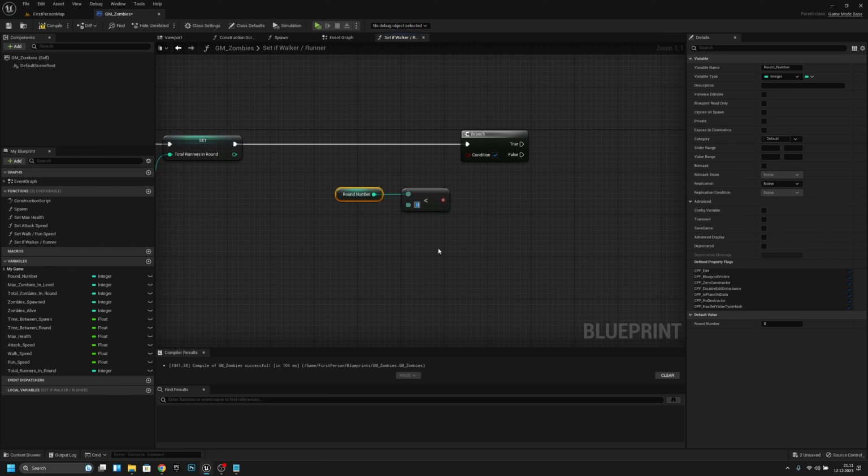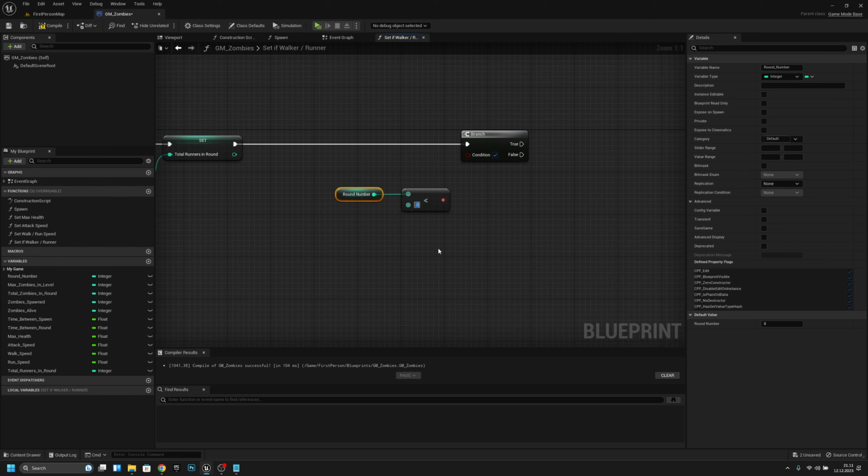So before on the first and second round there are no runners. Okay. So if it is, then we want to get our walk speed, and now we want to promote it to